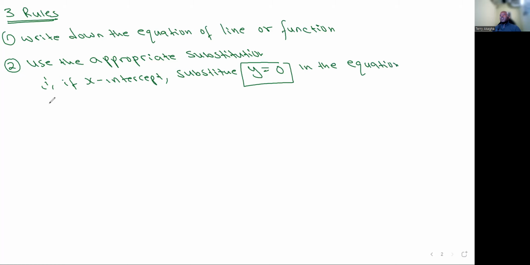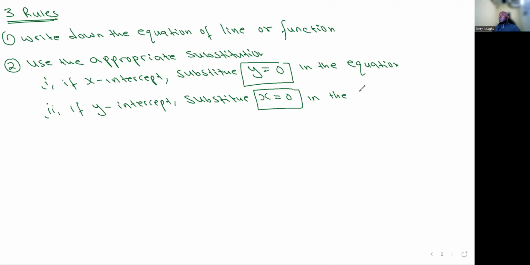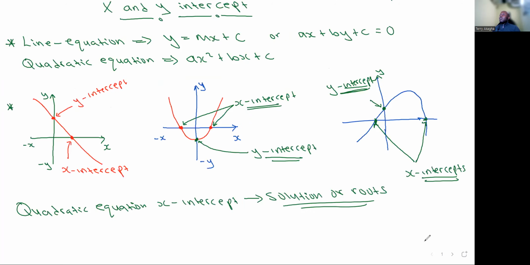Okay? So also, if it's the y-intercept you're looking for, you then have to substitute x to be equal to what? 0. Okay? So for the y-intercept, x is to be equal to 0 in the equation. So if we now go back to the graph we just talked about, that means at each of these points,